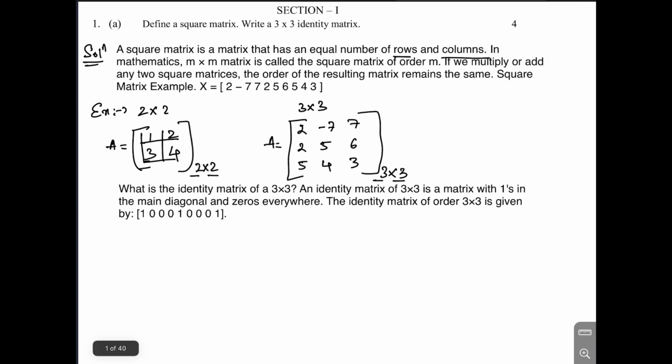Write a 3 cross 3 identity matrix. So an identity matrix can be defined as follows. The identity matrix of 3 cross 3 is a matrix which has ones in the main diagonal and zeros everywhere else. The identity matrix of order 3 cross 3 is given by,